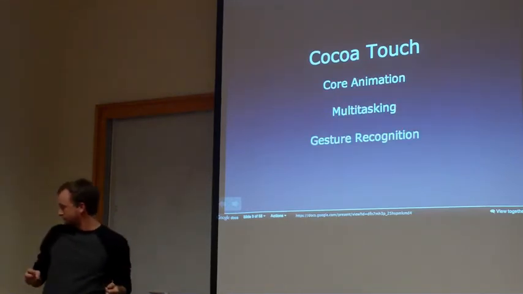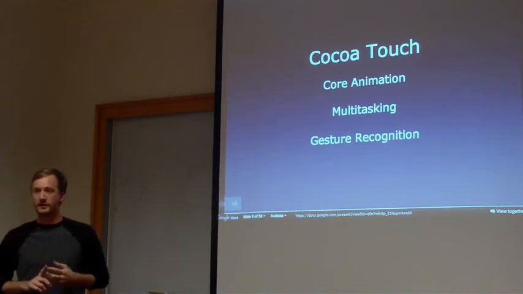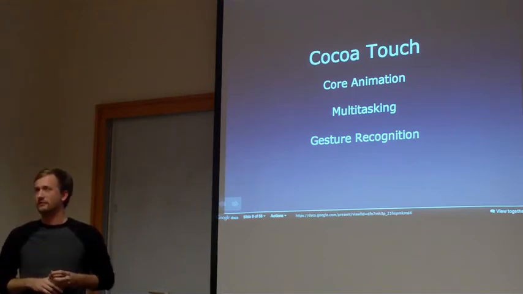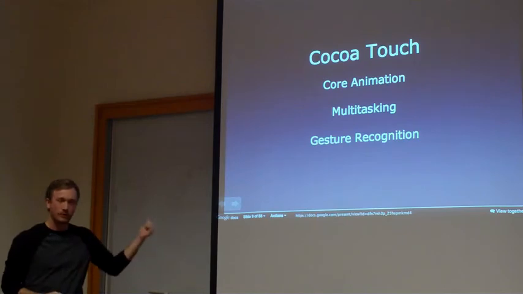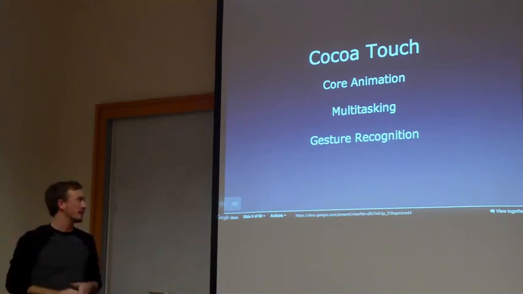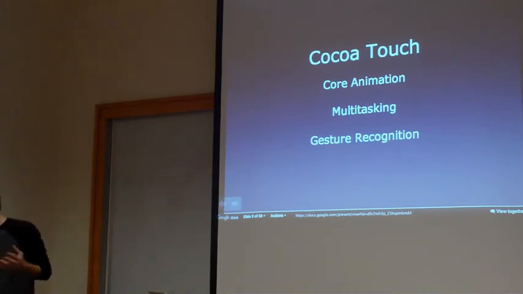When Apple developed it, they tossed in coordination, multitasking, and gesture recognition. iOS is a subset of OS X, which is a subset of FreeBSD, OpenBSD, or just BSD. Well, it's Darwin. Yeah. So Cocoa Touch is Apple putting on another layer to support gestures, animations, multitasking. There is a level of multitasking, as controversial as some of it is, there is some multitasking.